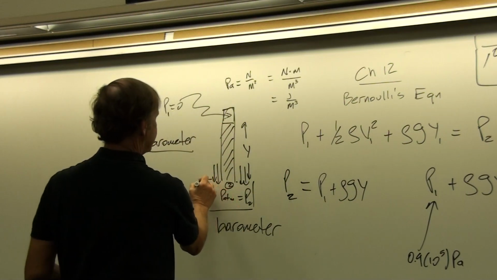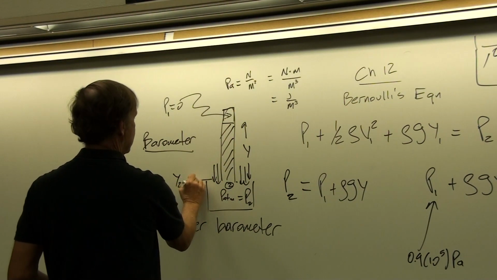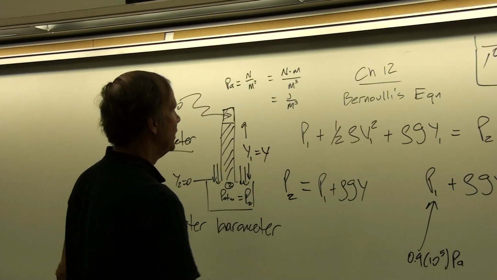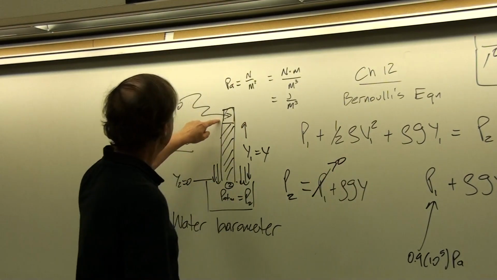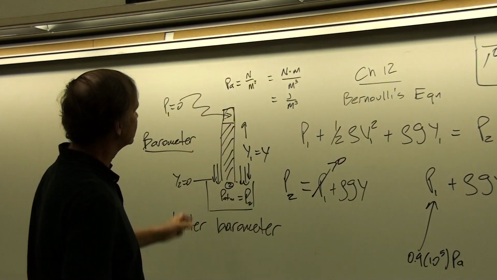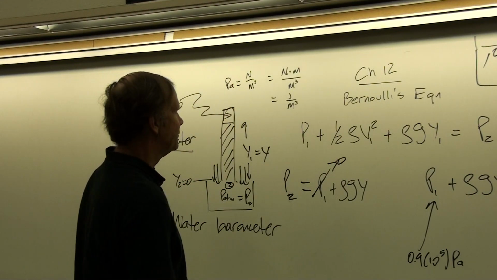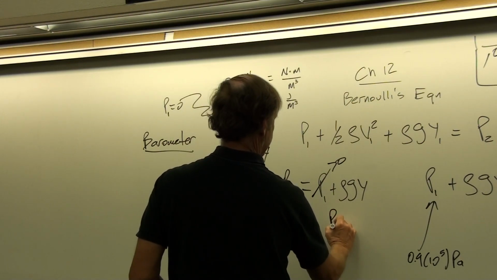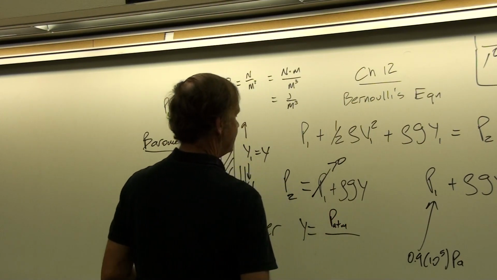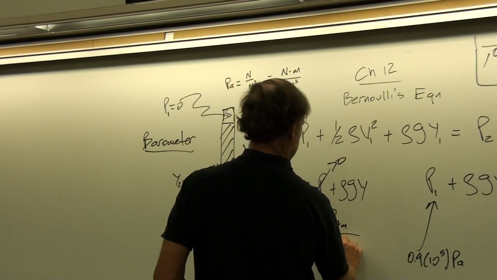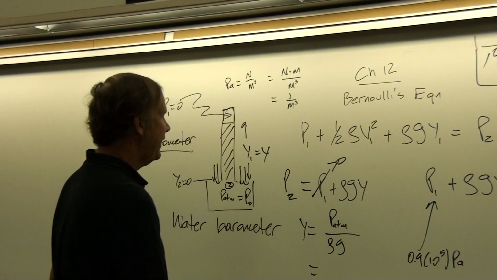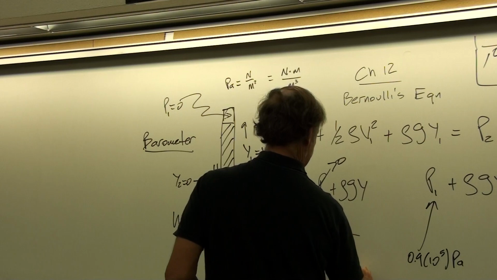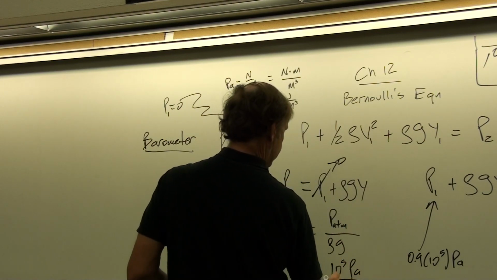Okay, and so y2 is 0 at this point, and y1 equals what I'm calling here y. So that's the height of the column. But P1 is 0 because the pressure at the top surface is 0 because we've evacuated that region. And so this gives us then y equals atmospheric pressure, whatever that is, divided by rho g. Okay, and so let's plug in P atmosphere as 10 to the 5 pascals divided by the density of water.